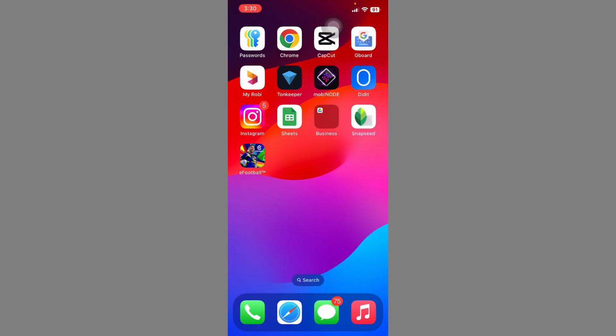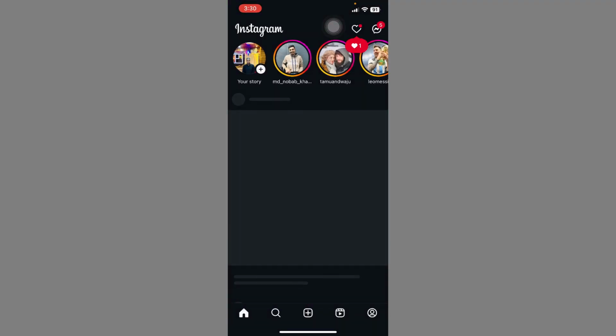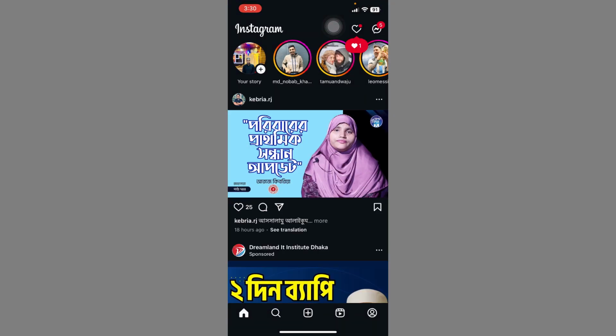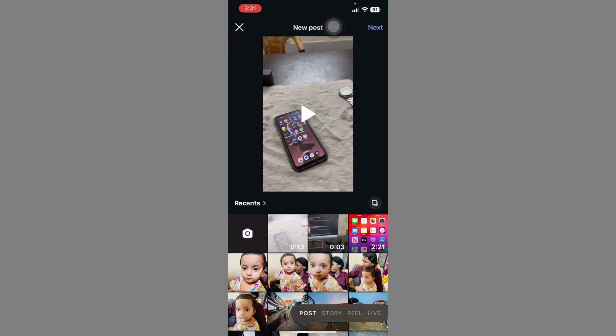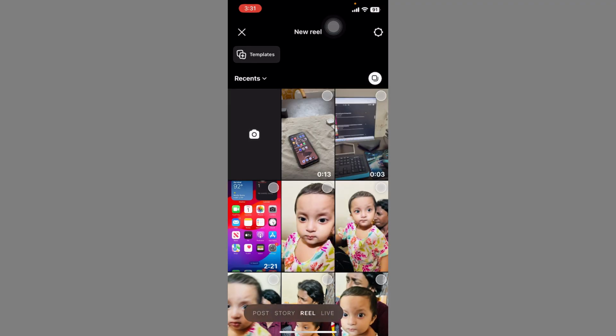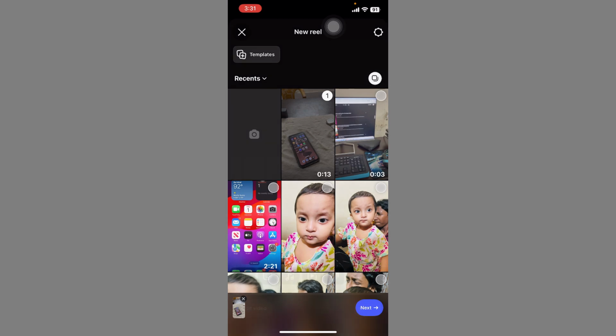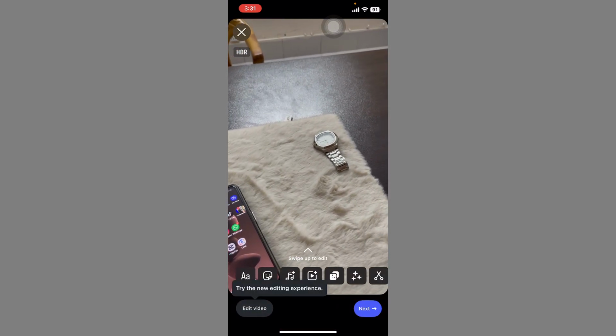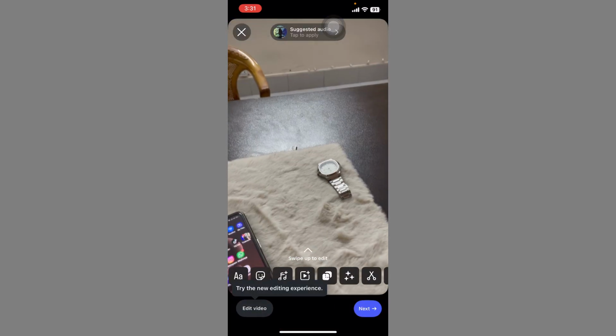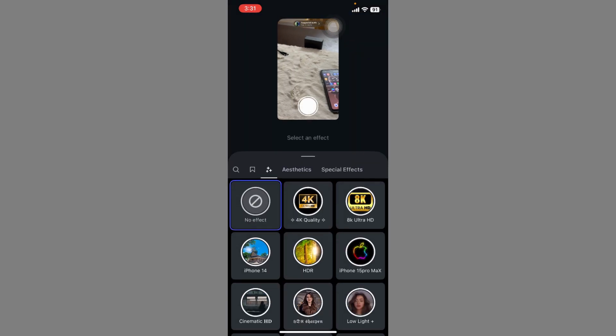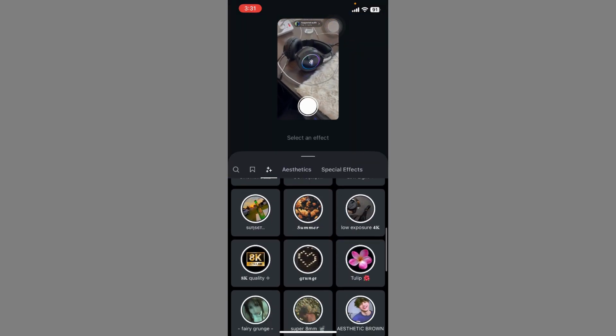Then first of all, click on the Instagram app. Okay, then click on the plus icon. Then tap on the reel option. Then select your reels video. Then next, then tap on the effect option, then show all effects,